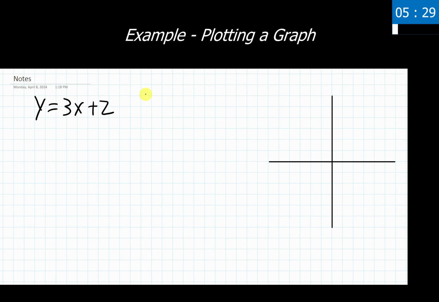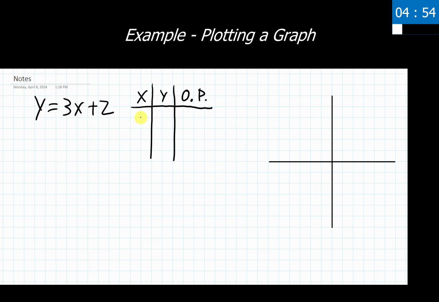So I'm going to create a table here where I have my x values in this column, y values in this column, and I'm going to have my ordered pair listed at the very end here. I'm going to use OP for short just so I don't run out of space. Now, at this point in time, we get to choose what we would like our input value to be. Remember, you can choose this to be anything. It can be a big number, it can be a small number, it can be a fraction, it could be a decimal, it could be 0.